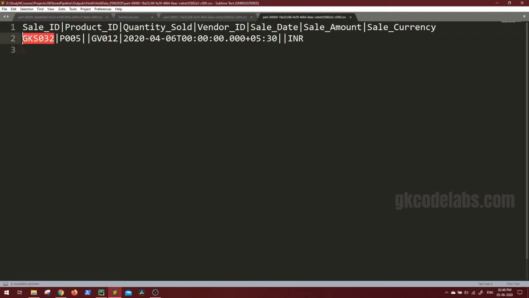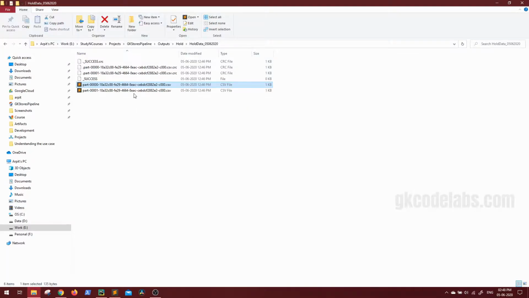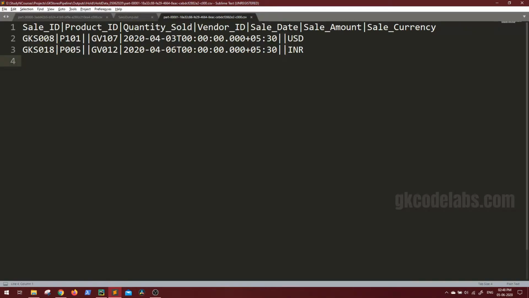So let's say this record went to held because quantity sold was missing. But looking at this held file, unless we count the column numbers, we are not sure what was the reason for this being held. So what if we have a requirement that while moving the invalid data or whole data, we have to add another column mentioning the reason for this record being in held? Or the second part of this held file is these many records.